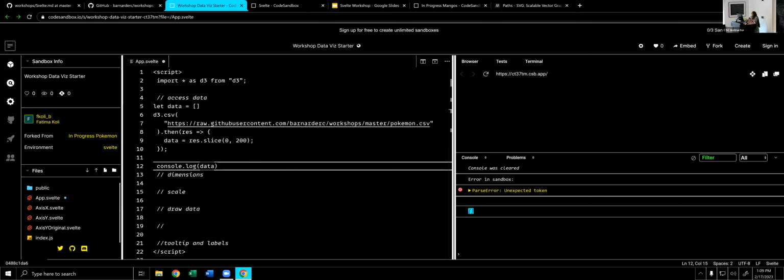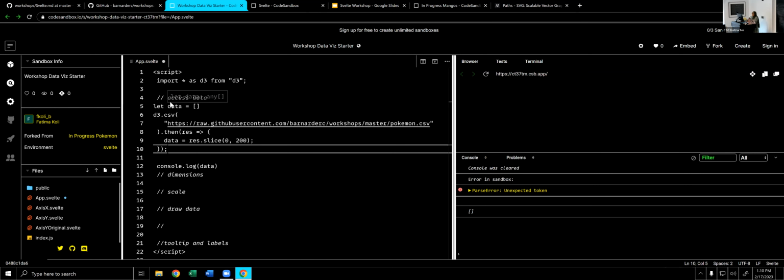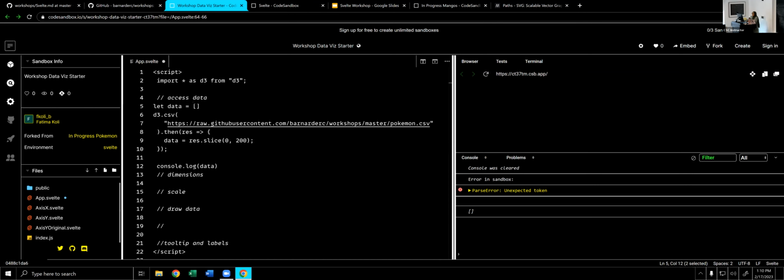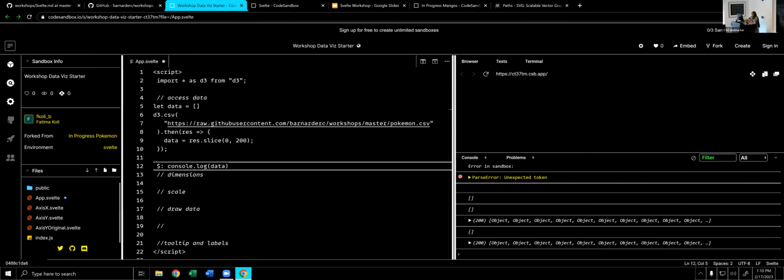So here it shows an empty list. So it doesn't actually show us any response. The reason that happens is because when this page first loads, this hasn't run yet. It's not that quick. Data is just an empty set. So if we put, like we had learned about Svelte, a $ sign and a colon here, which says update every time something in this thing updates, you'll notice now it will actually say there's a list with 200 items and inside there's multiple objects in there. And if we were to click on the arrow next to it, we can see